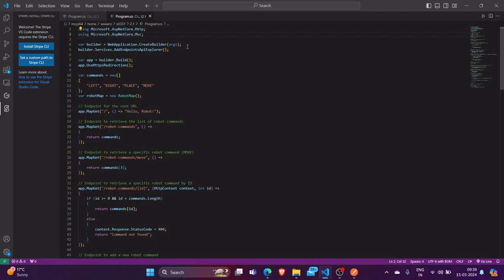A builder is created using WebApplication.CreateBuilder, initializing the web application. API Explorer services are added to this web application service. The application is built and stored in the variable app. After that, the application is configured to use HTTP redirection for secure communication. After that, we have done some initialization like an array of commands